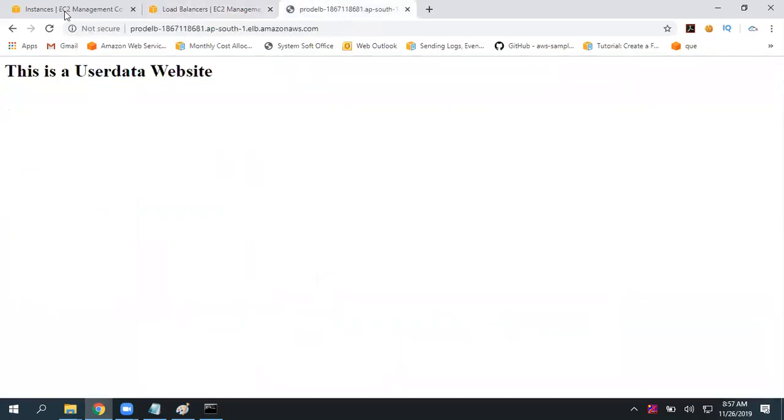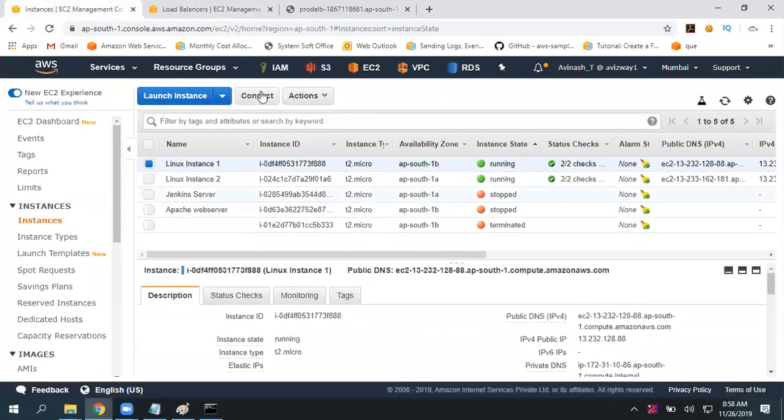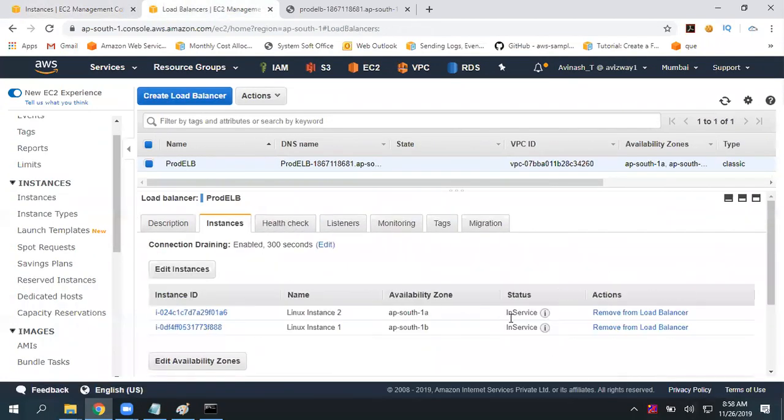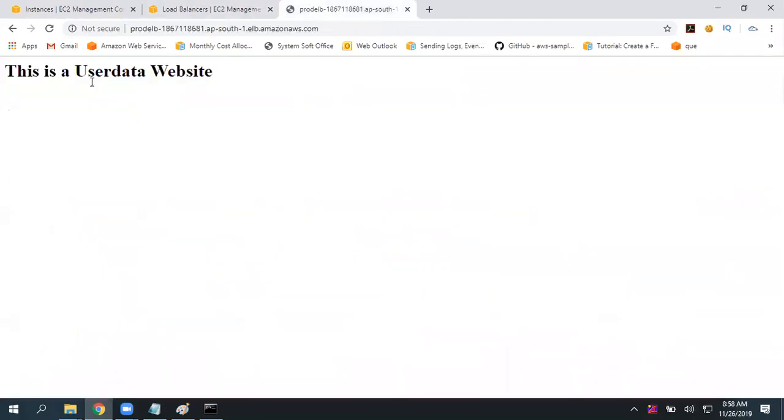Now if I go here, if I give refresh, all my requests are going to only website 1, but both websites are available, both are up and running. Is there any issue with this? Both are in service, but as I enable stickiness, all my requests are going to only one website. Again, along with me, whoever is accessing, their request may go to this site or another site. If it is hitting another site, all their requests will go to that other site only for the coming 60 seconds.